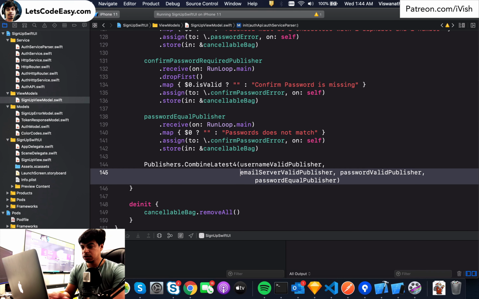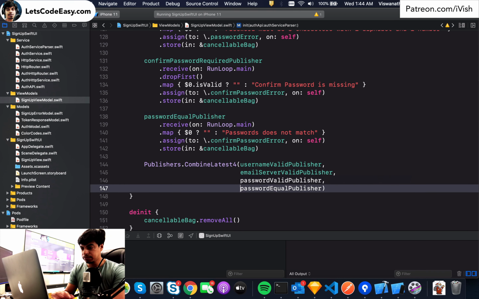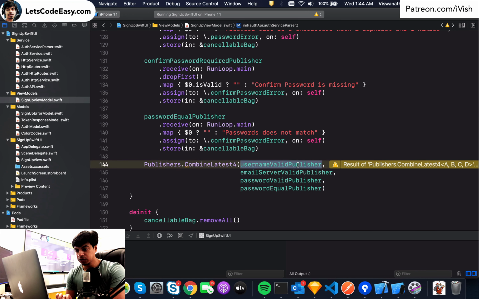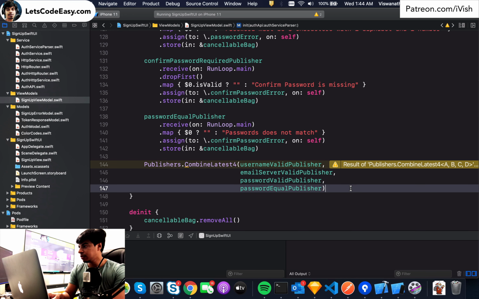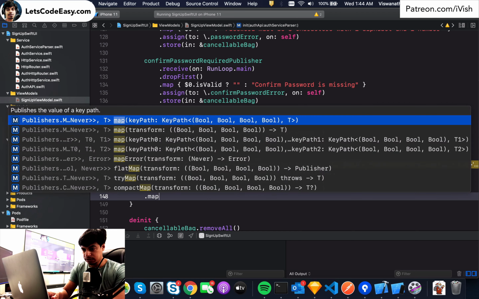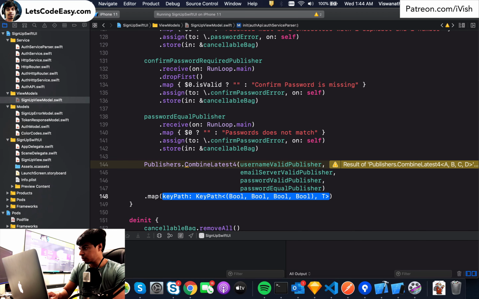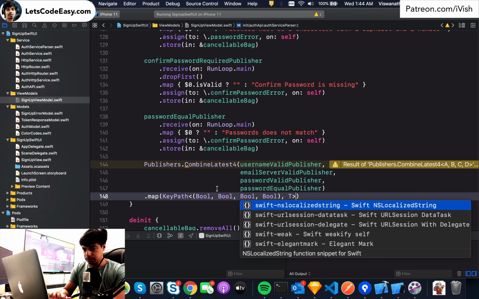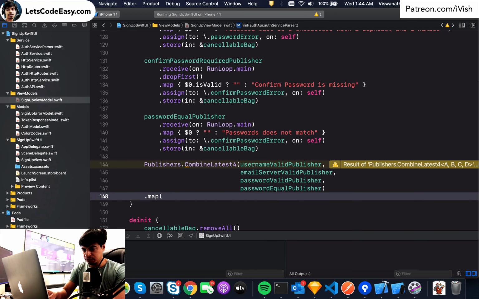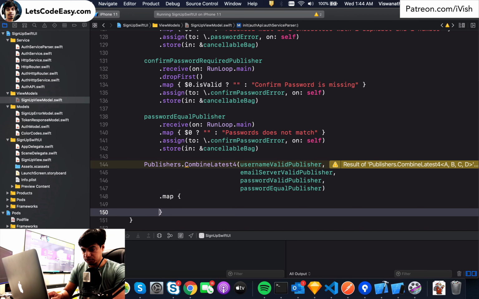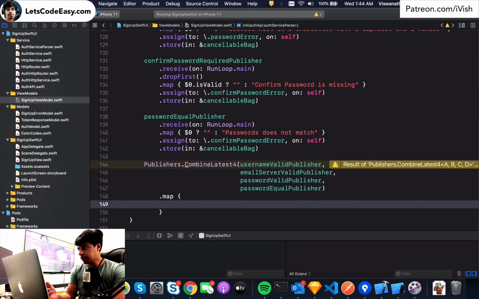So these are the ones which are critical to make the sign up button enable. Username required field, email server validation, password rule validation, and finally confirm password equals password. That last validation has to match as well. So use these four to create an observer. Let's map these four and then create a response observable for this, which we will use to assign the value